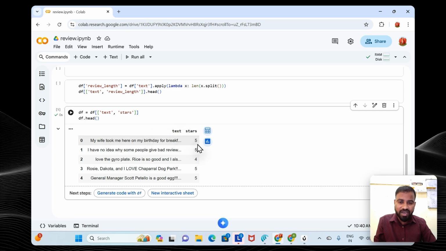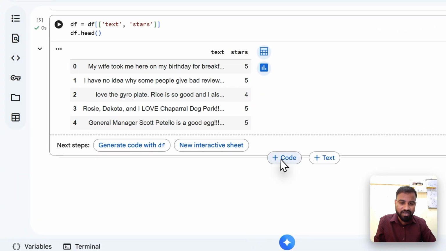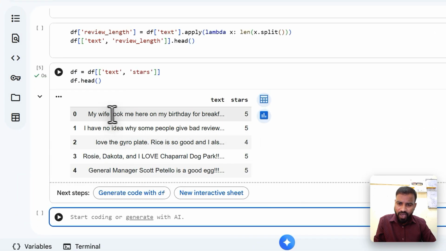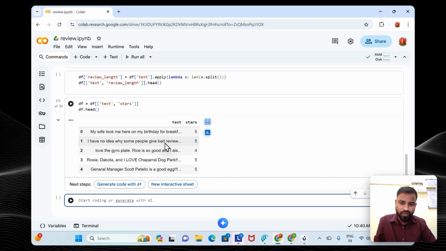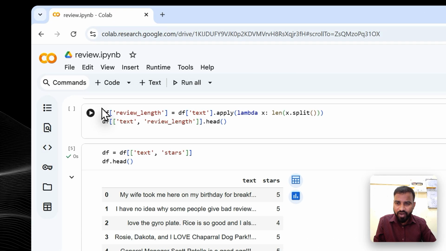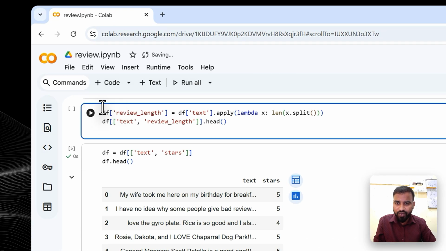So the text and stars are very important to get a review analysis. Then we have to split the words, and then we have to get the length of the whole review. So for that, our first insight is to get the review frequency,